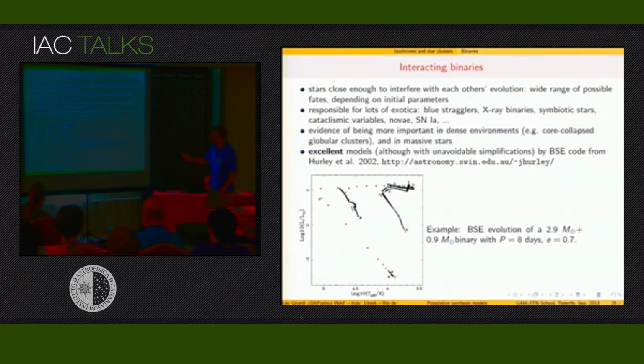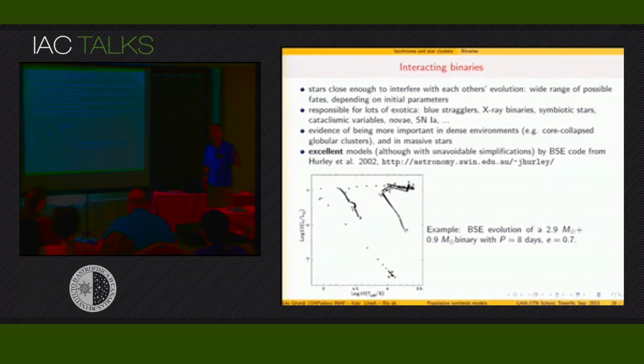Fortunately, they are not that important in low-density environments like the disk of the Milky Way, let's say. But they are especially important in dense environments like the core of globular clusters, things like that. And also for massive stars. Anyway, we have some good,